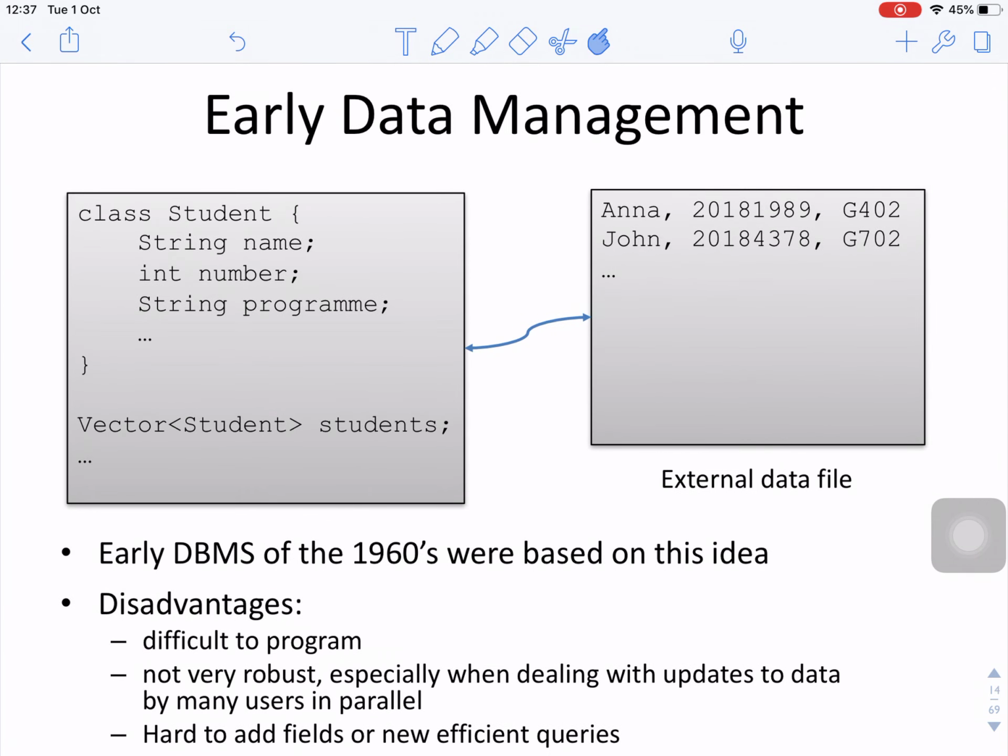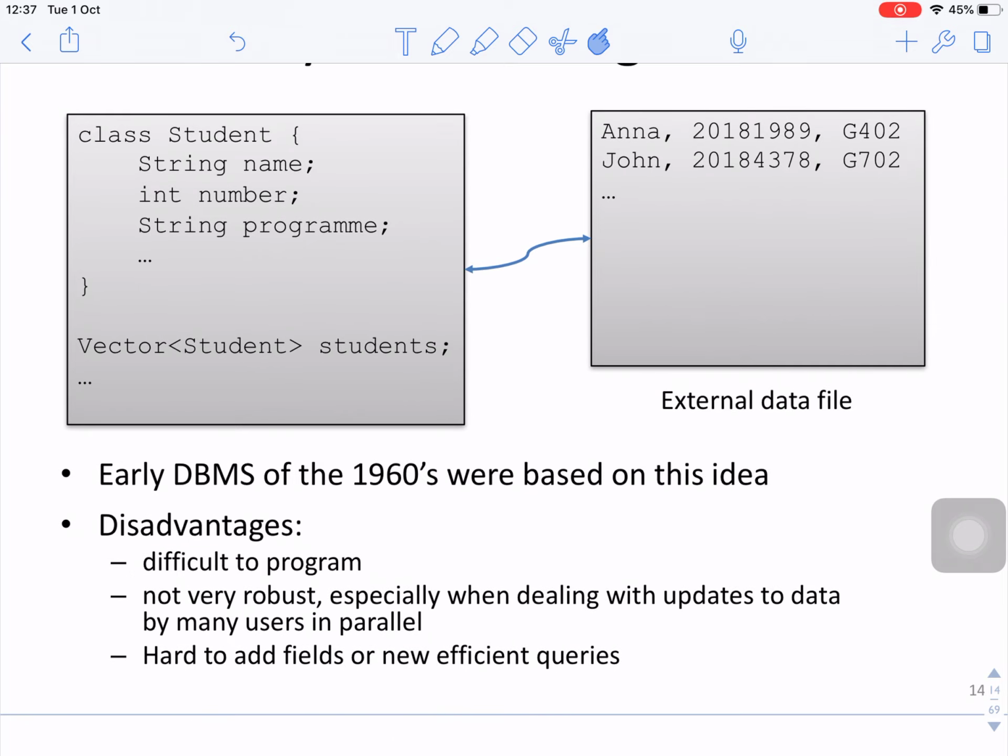So early data management is that maybe we have a class of student: we have the name as a string, the number as an int, the program as a string, and we have a vector of students. The vector consists of the information of the students. We have Anna, and maybe the ID number, and the program. So the early database management system is based on this idea, and it has disadvantages,